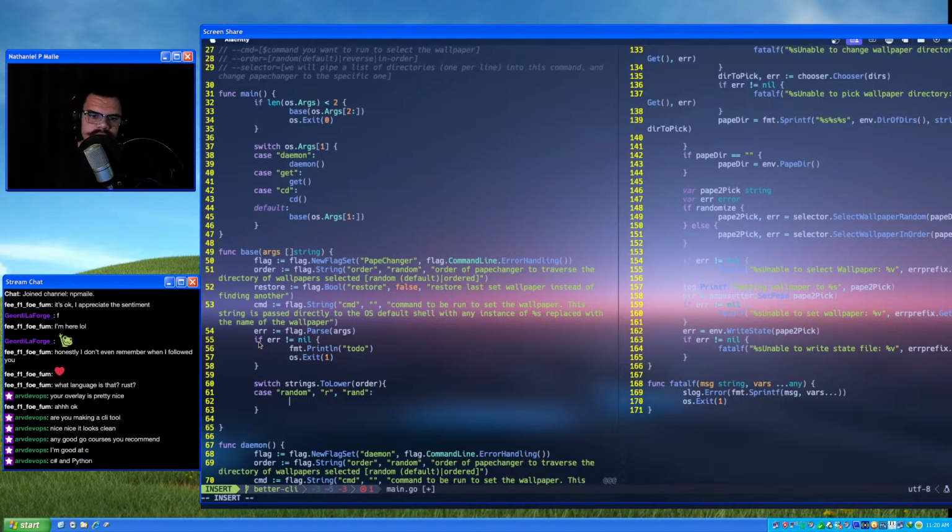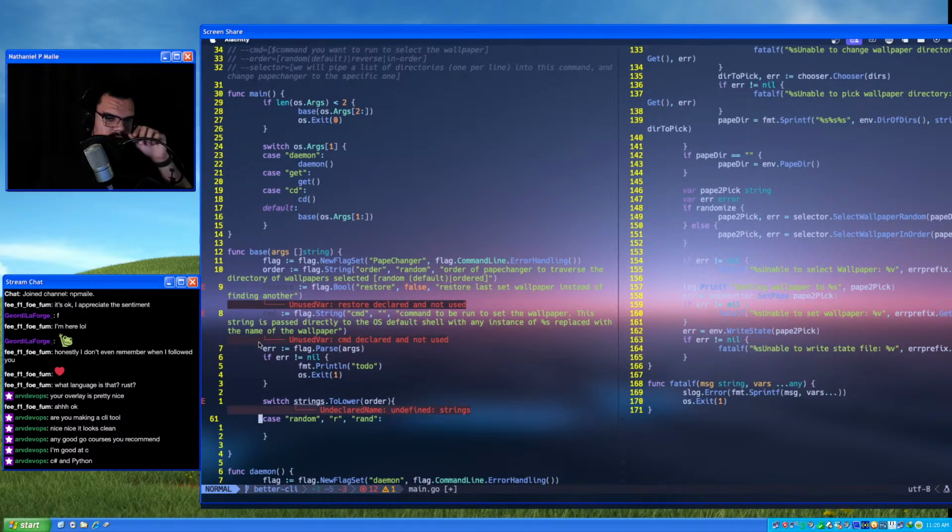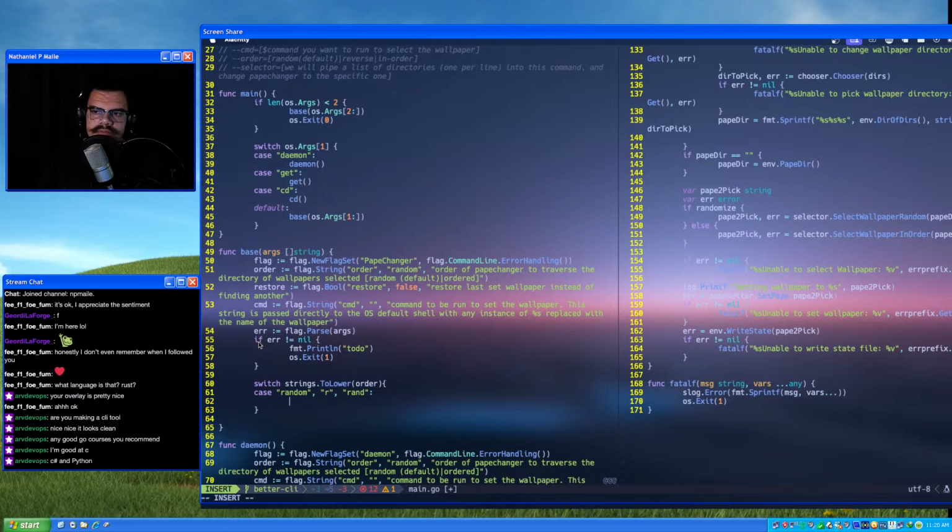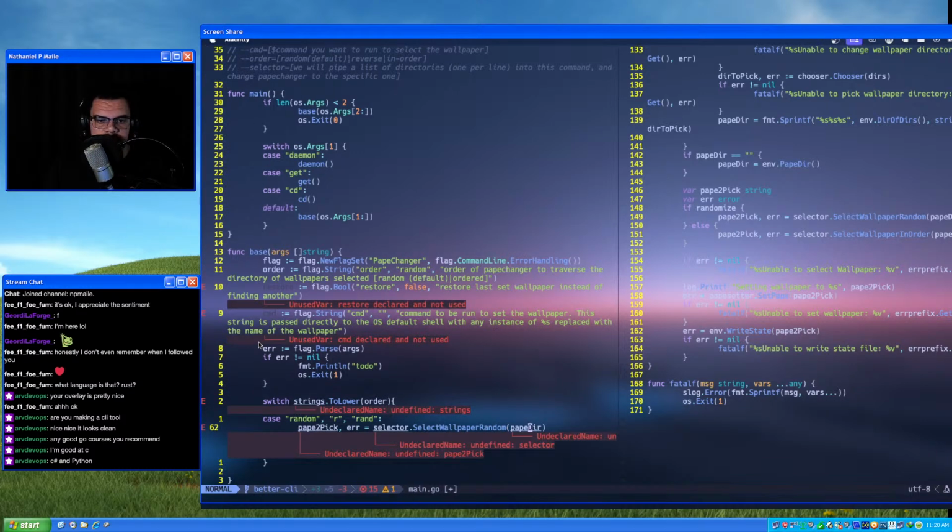I think there's a better way to do this. I'm just going to use the current API and then edit it later. So if it's random, we'll do papeToPick, err equals selector.SelectWallpaperRandom. You get the pape dir from that.